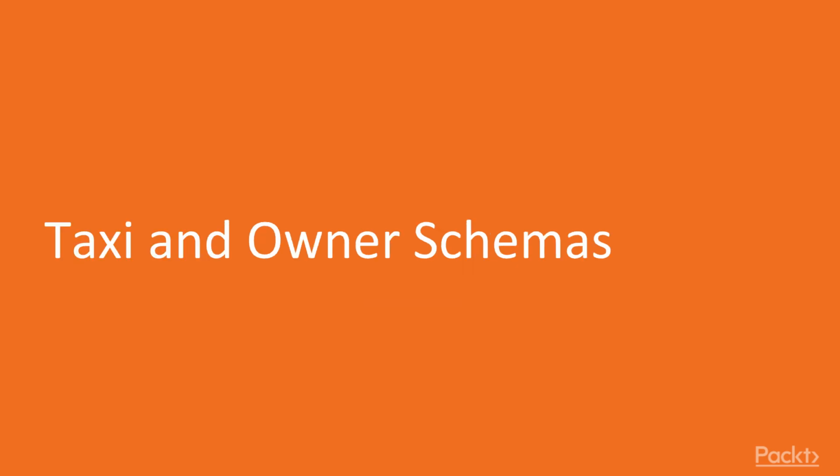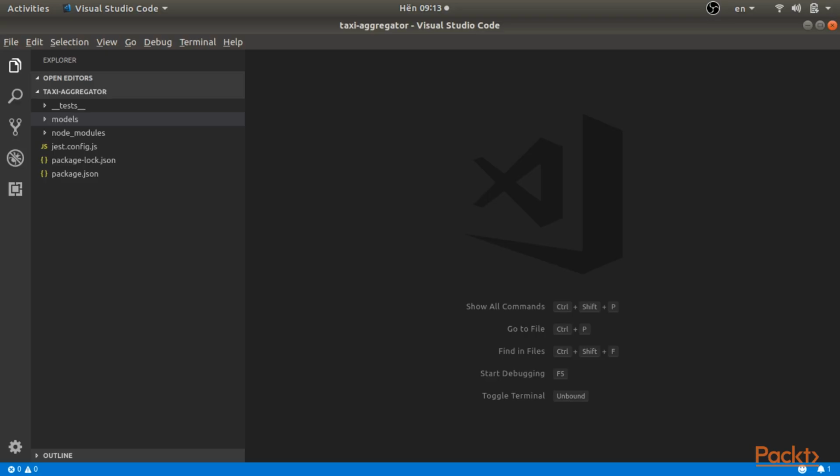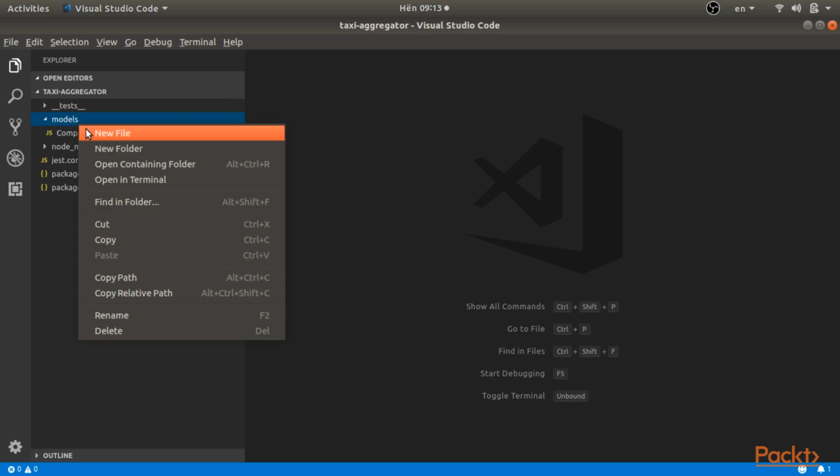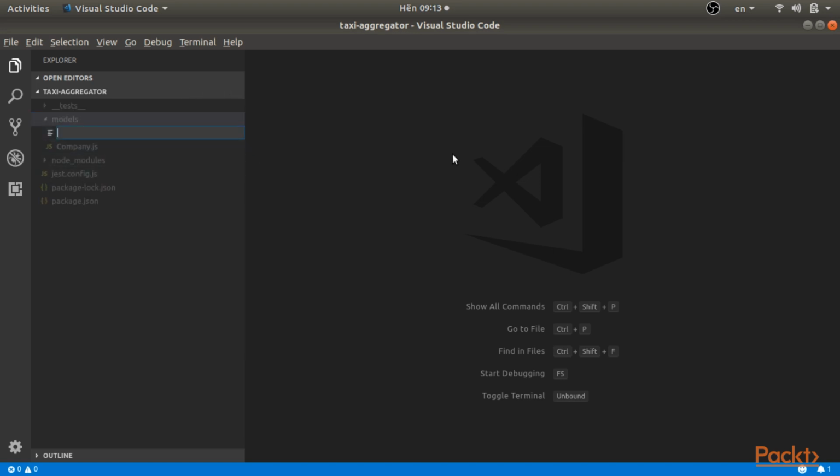So the first video will be about the taxi and owner schemas. Let's dive right into our code editors. We want to have a taxi, and each taxi will belong to a certain company. And each taxi also has one owner. So we want to do that and explain that in code. So we will create a new model, which is called